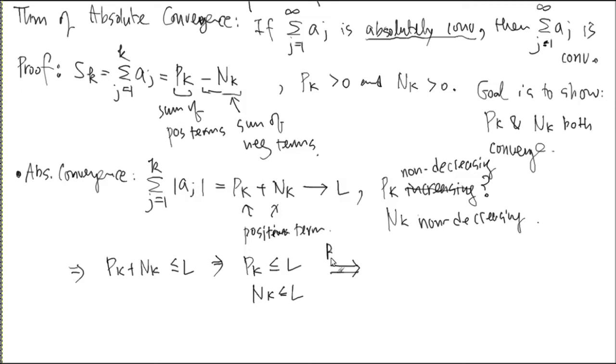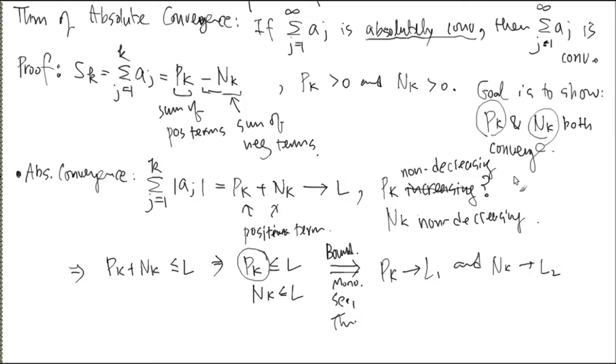It was the bounded monotone sequence theorem, right? If this pK sequence is bounded and is monotone, it must converge. We don't know which limit, but it must converge. So pK converges to, let's say, L1. And NK must converge to some L2 because of the bounded monotone sequence theorem. That was our goal: pK and NK both converge, to different limits. Then we can show